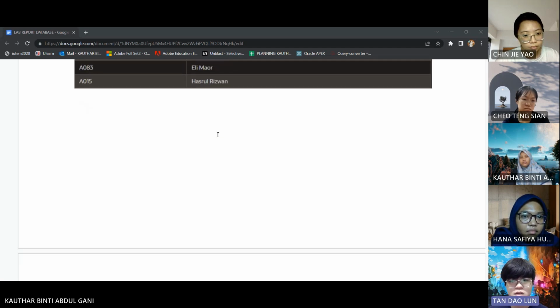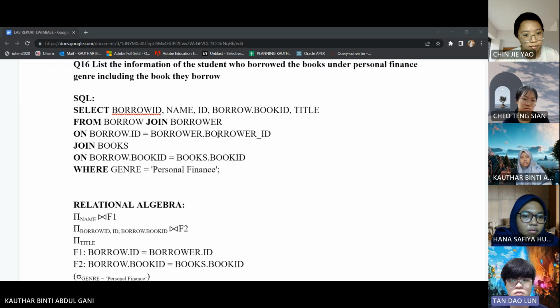And lastly, we list the information of the students who borrowed books under the genre personal finance, including the book they borrowed. So in this case, we use information from 3 tables: borrow, borrower, and books. We display the borrow ID, borrower ID, name, book ID, and title.